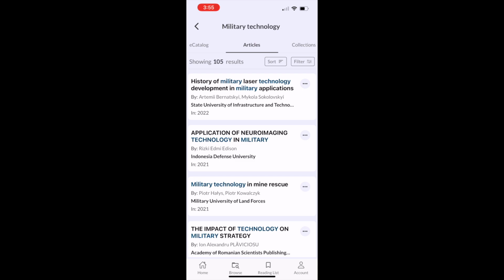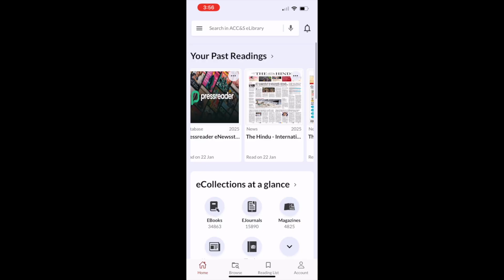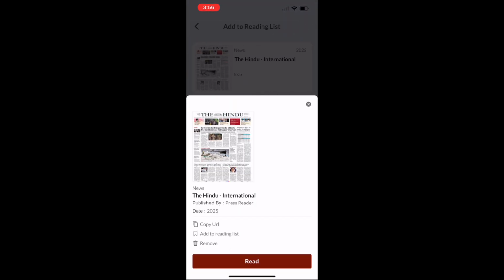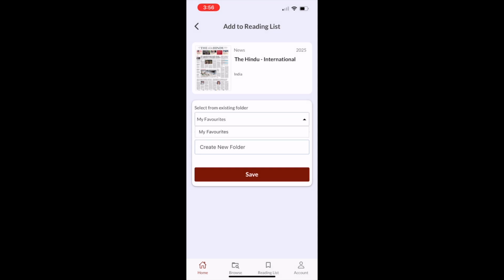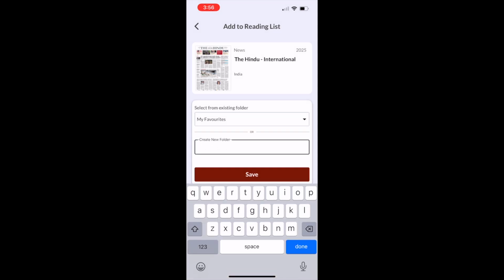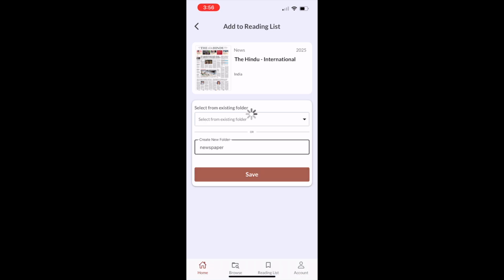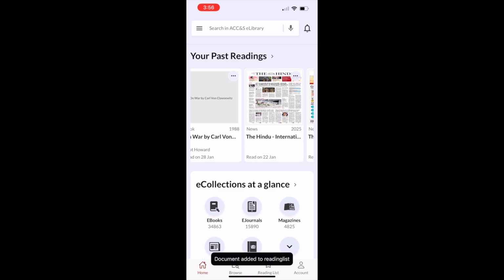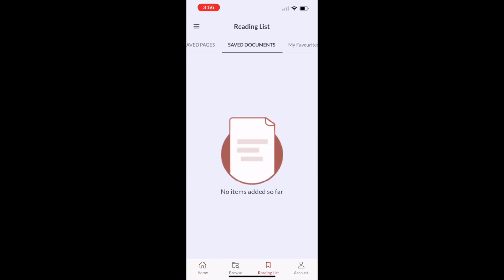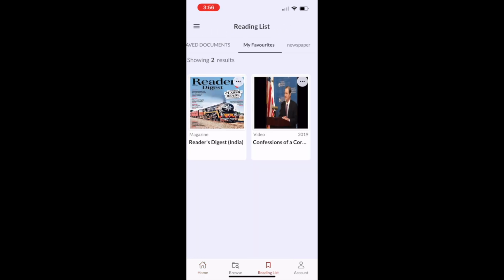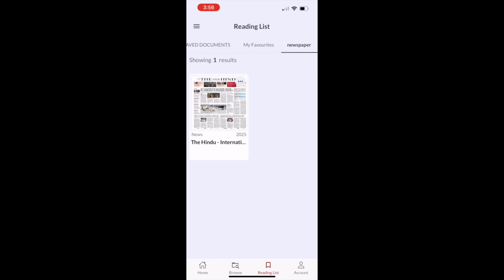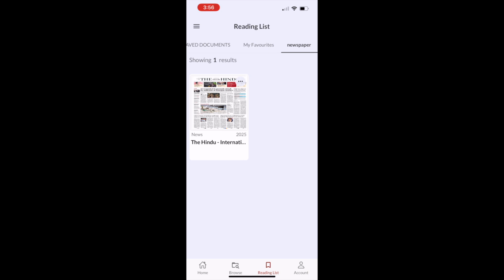You can also save any search results to folders in the reading list. You can create multiple folders and save as many articles as you need into those folders. You will find all your saved items in the last menu option, Reading List. Please note that reading lists are in sync. Whatever you save on your web account in the reading list shows up in the mobile app, and vice versa.